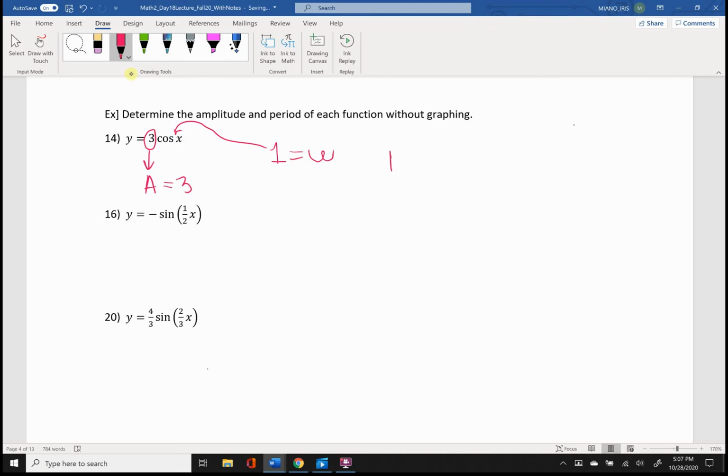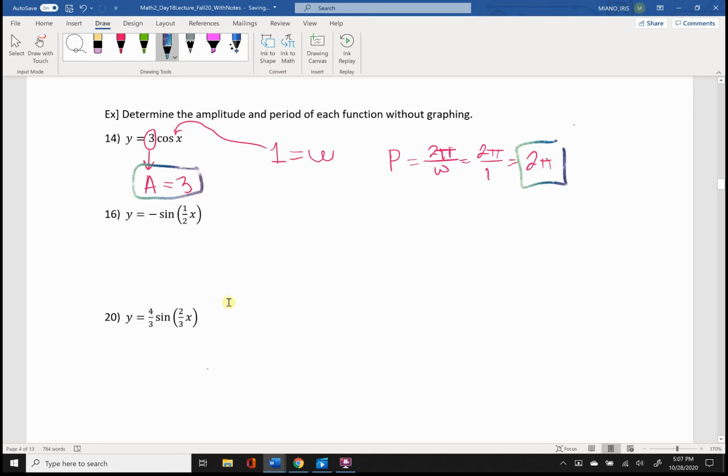Now, in order to calculate the period, you have to take your omega and divide it into 2 pi. But your omega here is 1. Here, the period is still just 2 pi. Okay? No period change on that particular cosine function,